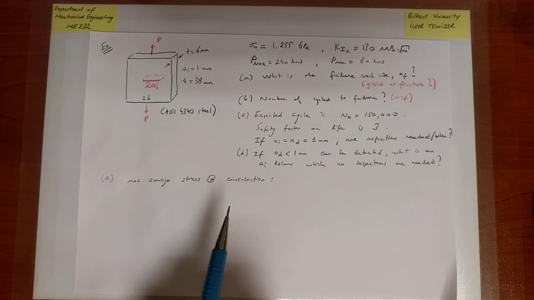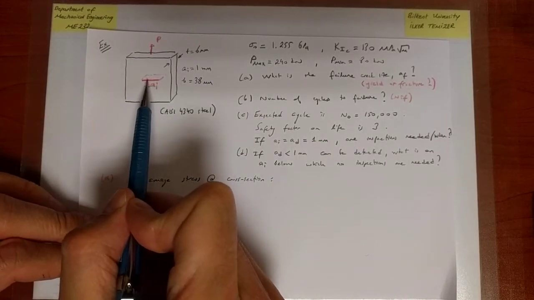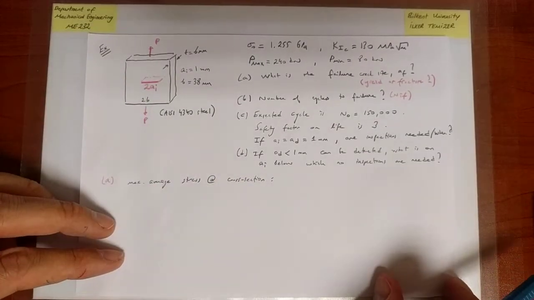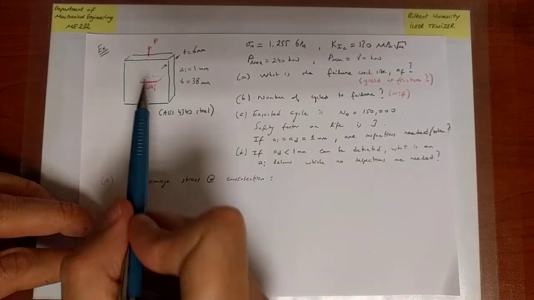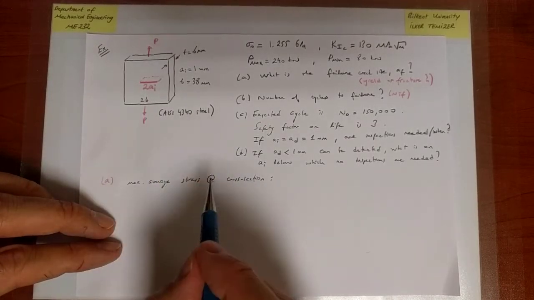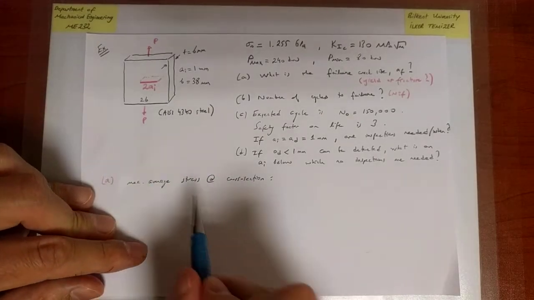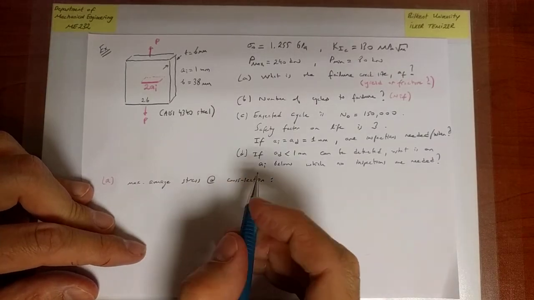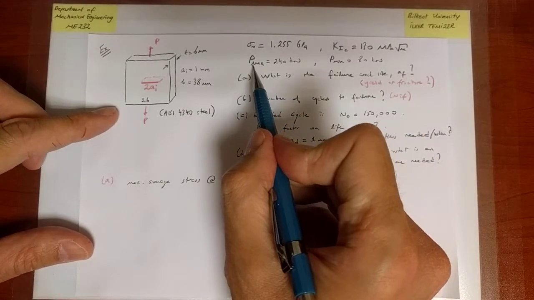Okay, and because I'm looking at yielding and because the crack size may not be small, I'm going to take into account the presence of the crack. We solved an example some time ago where we did not take into account the area reduction due to the presence of the crack because the crack was much smaller than B and that reduction was negligible. In this case, it will be significant and therefore I'm going to take that into account. So I'm going to calculate the max stress at the cross section where the crack is present, and that is going to be equal to the maximum load